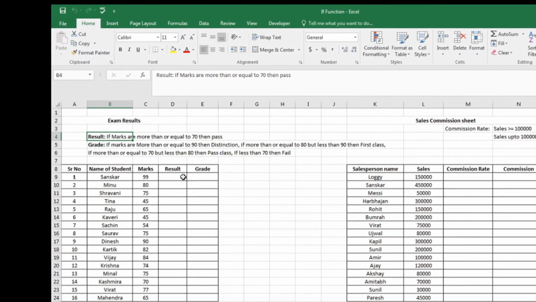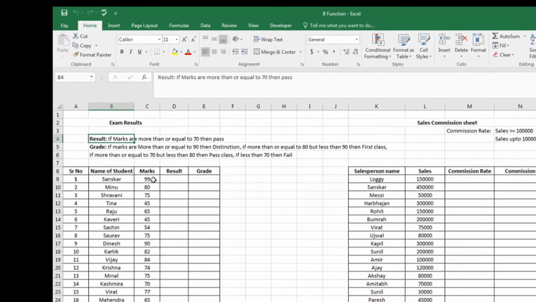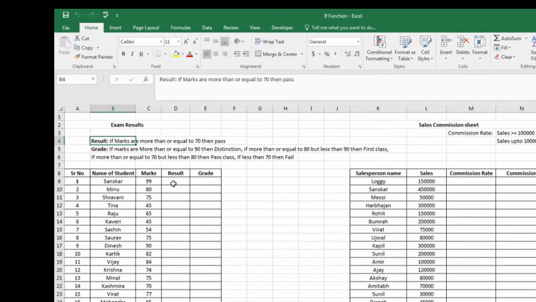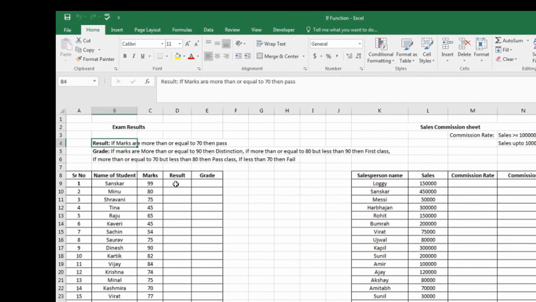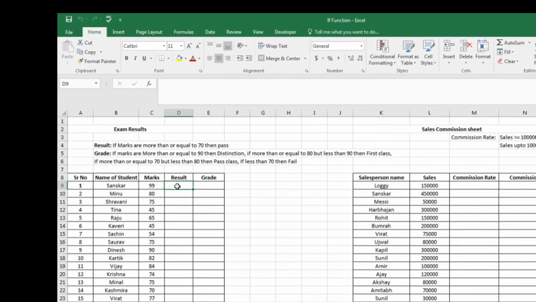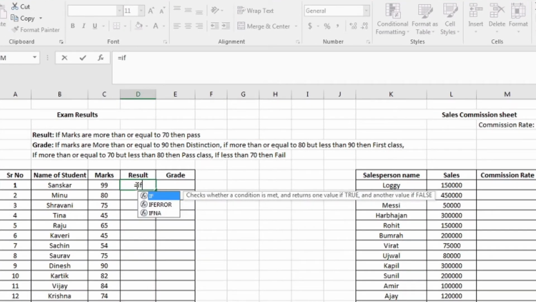So this is the situation where if the condition is true, we would like to give one result, and if the condition is false, we would like to give another result. In this situation, we are going to use the IF function. We'll start with equal to, then type IF, and press Tab. Automatically the bracket opens, and it is asking us to put a logical